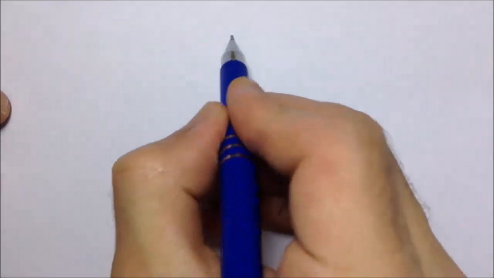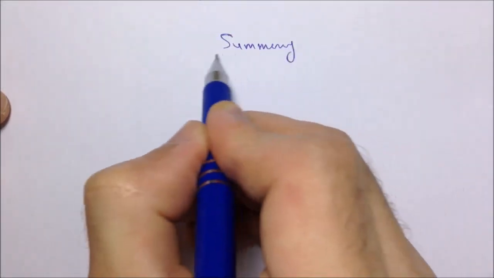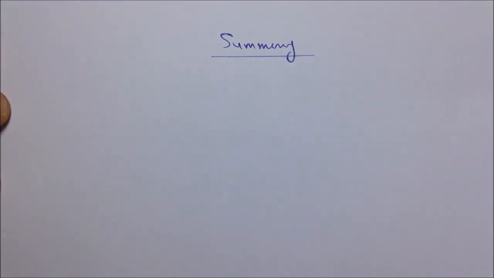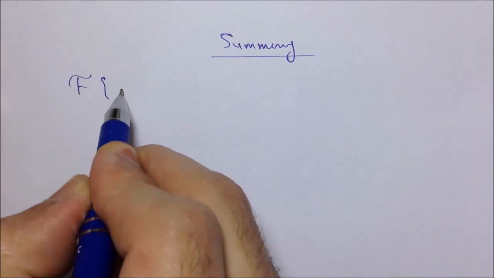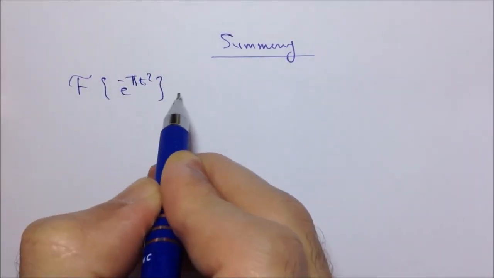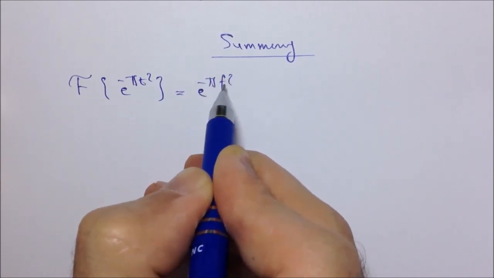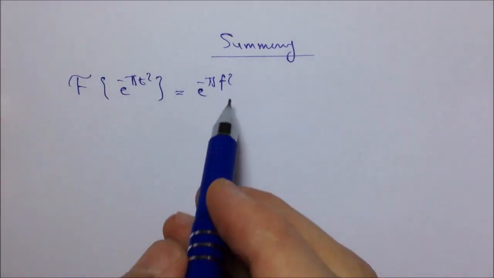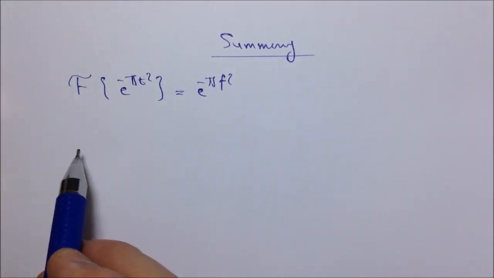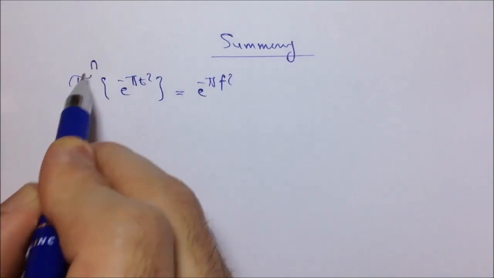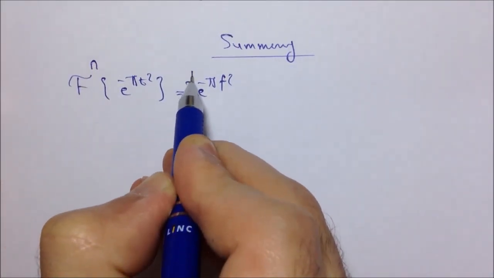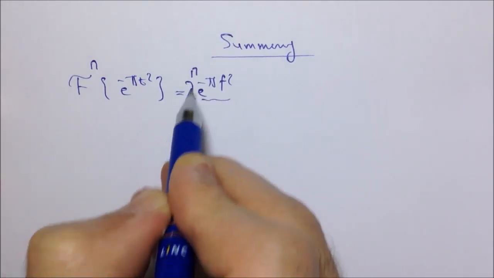Now, as a summary, we can say that the idea of the eigenfunctions of operators is very popular in fractional calculus. One more interesting application of this idea is in finding the fractional Fourier transform. Actually, the Fourier transform of e^(-πt²), a Gaussian function, is equal to e^(-πf²), which is the function itself in the frequency domain. So it's obvious that the Gaussian acts as an eigenfunction of the Fourier transform. In fact, if we took the nth order Fourier transform, we're going to obtain a scaled version of e^(-πf²), where lambda